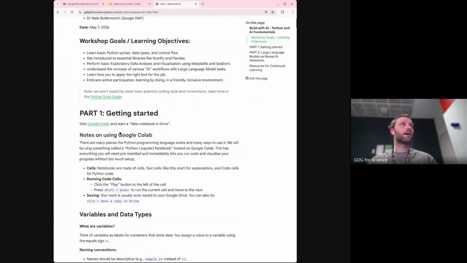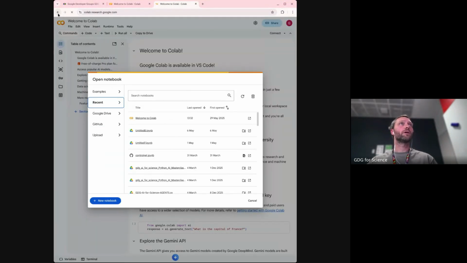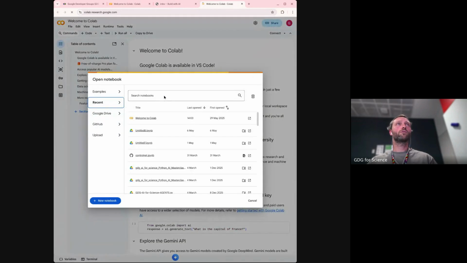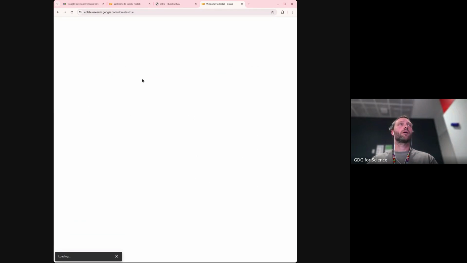So to get started, we're going to operate in Google Colab. Oops, actually I just wanted a new window. Let me go back. So Google Colab, if you've never used this before, is basically like an online Python environment. So I've gone there. I'm already logged in with my Gmail account, and I'm just going to click New Notebook for myself, and this should bring up what's called a